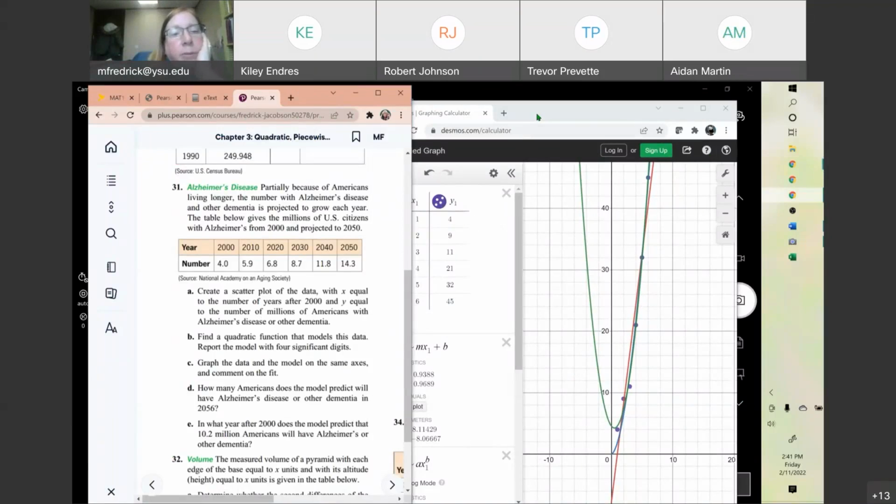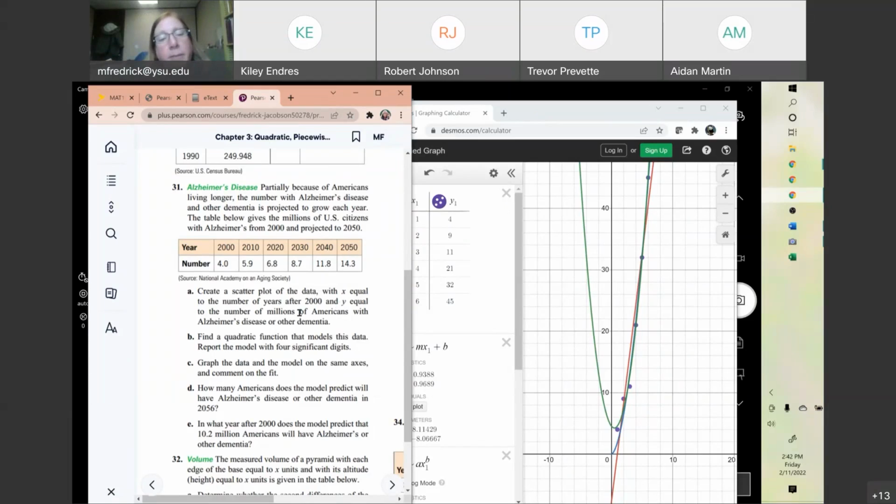The table below gives the millions of U.S. citizens with Alzheimer's from 2000 and projected to 2050. Create the scatter plot of the data with X equal to the number of years after 2000 and Y equal